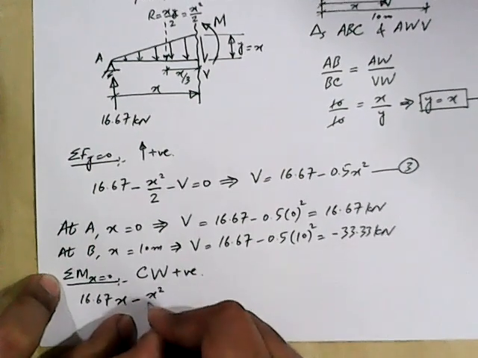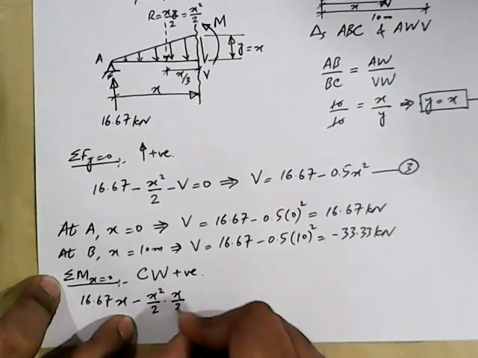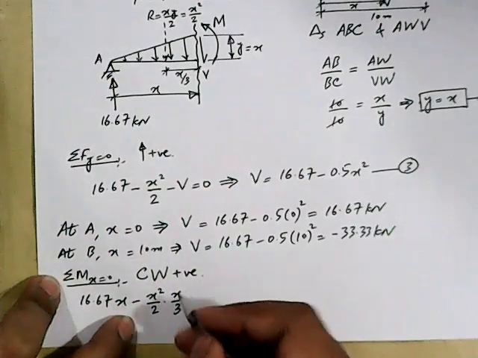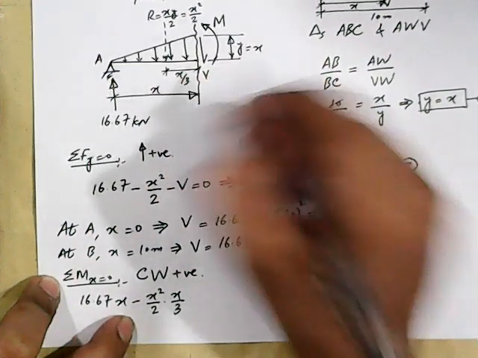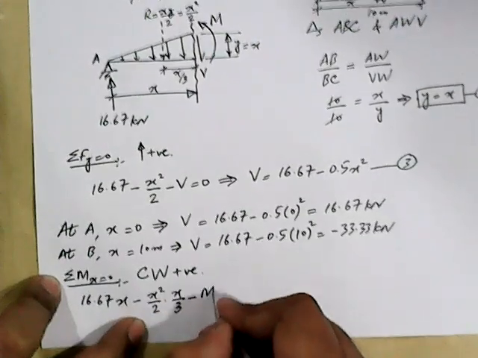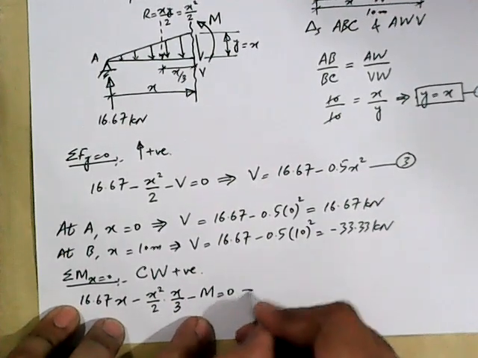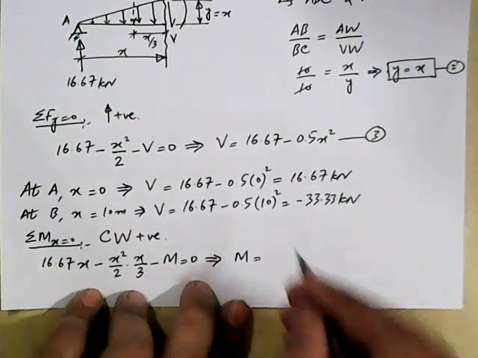X square by 2 is the magnitude of the force, and the lever arm is x by 3, as we have already mentioned on the diagram. X by 3, and what else? This m is also present here, and m is in counterclockwise direction, so minus m, and this should be equal to 0. And if I rearrange this equation, I get m is equal to